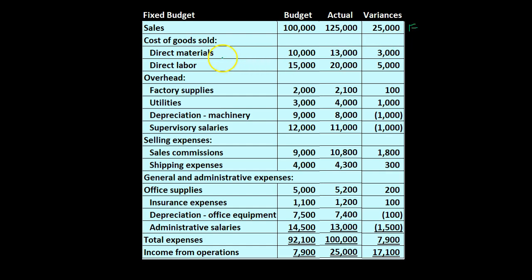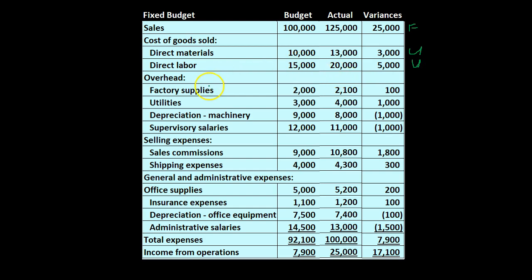And then we could say, okay, the cost of goods sold, direct materials, direct labor, these are expenses. Here's the actual number. Here's the budgeted number. The actual number is higher. So we would say that's bad or unfavorable. And that's bad or unfavorable because, again, the actual is higher than the budget, and these are